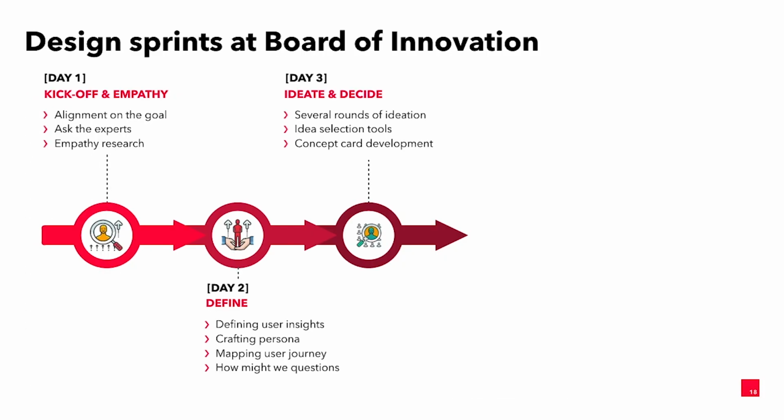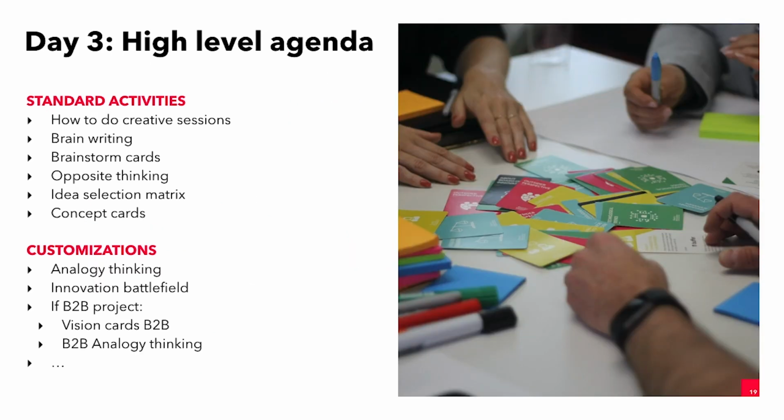Day 3 is often quite intense for participants because we go through a lot of exercises in ideation, and we often start with, okay, what's a creative session like? What are the rules of brainstorming? But then we add difficulty with each exercise. So we often start with something easy like brainwriting or Crazy 8,